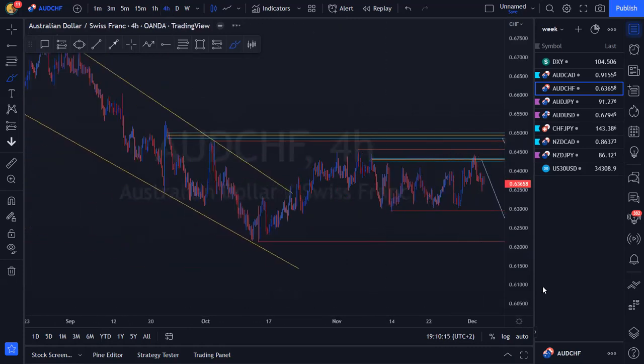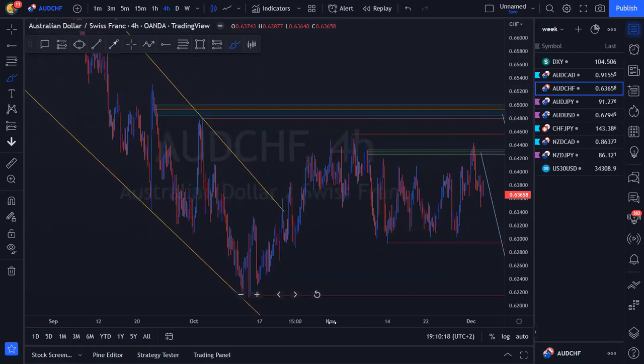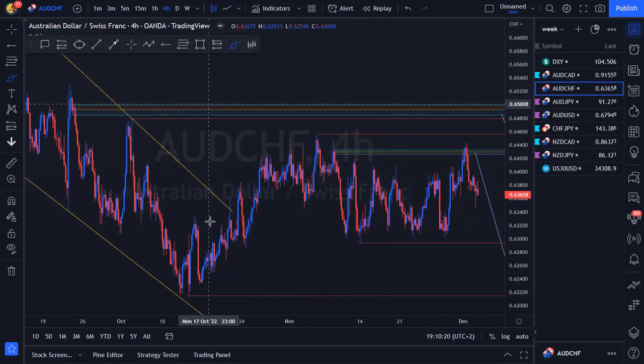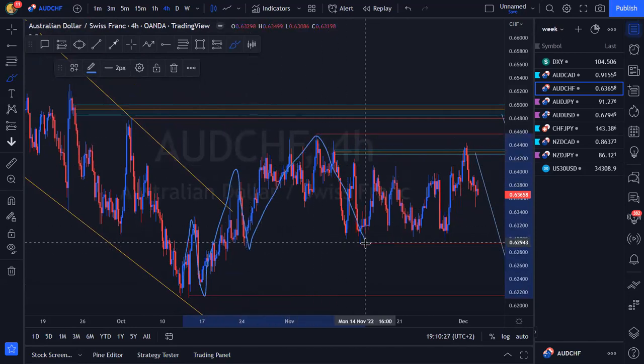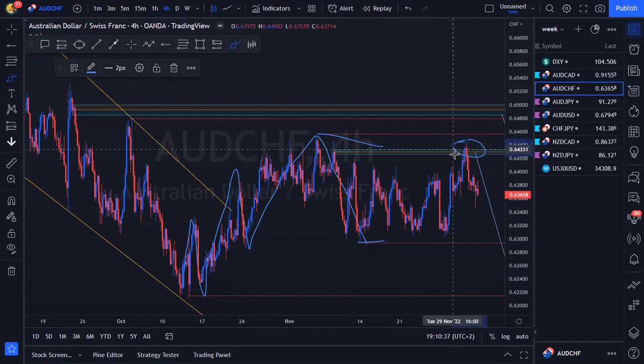Now on a 4-hour, we also got stuck inside of a smaller range, because if we look at the overall structure over here on a 4-hour, we were kind of bullish, highs, lows, obviously. Then we came up where we created highs, and then we created lows. And I guess ever since we created this high and this low, we've been stuck inside of that high and that low. So naturally, we were looking for another sell buy setup inside of here. Even if, yes, I didn't upload last week, even the week before, we were still looking at the same POI, nothing really changed. So you should have still been looking at the exact same structure. But otherwise, we were looking for a sell buy setup over there.